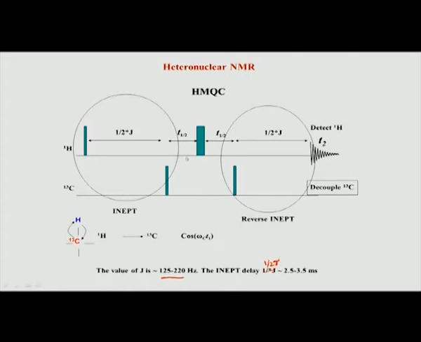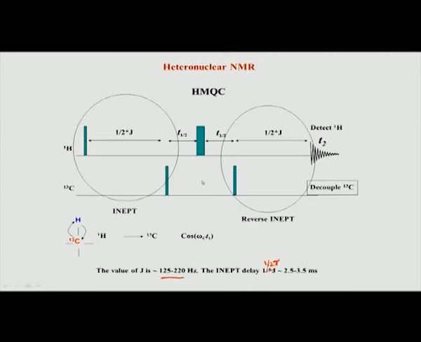During this period the carbon evolves because of the chemical shift. Now, again similar to what we saw in HSQC, there is a 180 degree pulse applied on the proton channel right in the center of the t1 part. So, half t1 is this side, half t1 is this side, and in the center is the 180. This is done similar to what we saw earlier. This is done for decoupling protons from carbon.